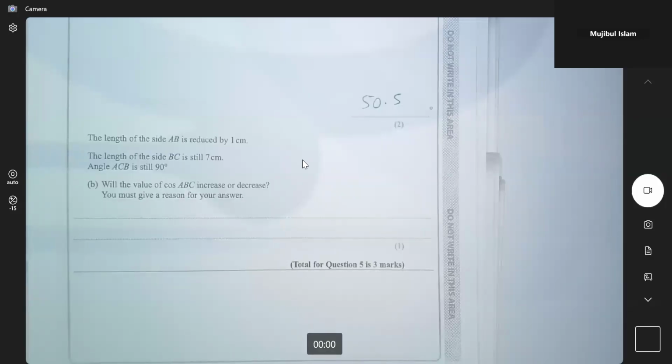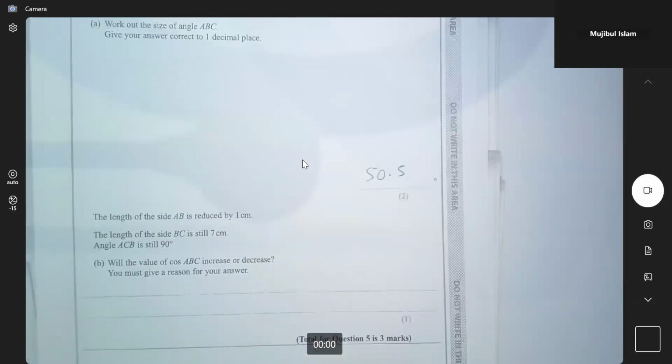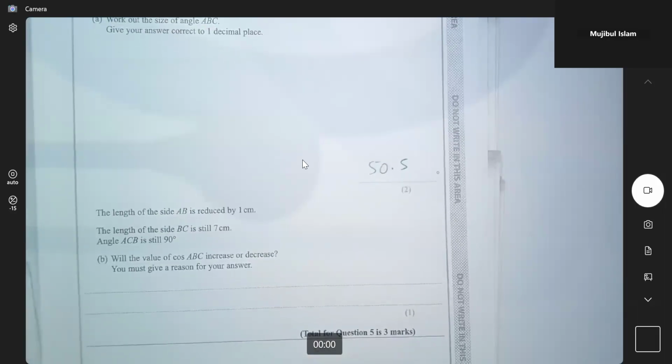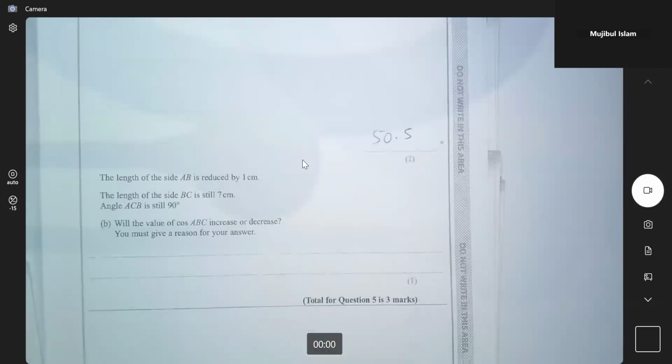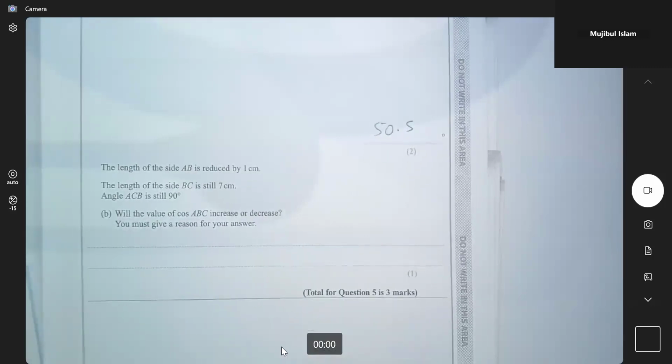I'm going to have to maybe zoom out a little bit so that we can see what we have, or I'll just copy the question out to save going up and down. All right, so